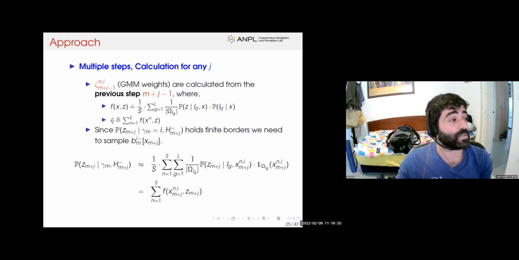Where zeta, noted here, is actually the weight of the GMM, and the hypotheses are given by the motion model for each sample from the previous step. This f function noted here is actually a summation of the probability of a measurement from the previous step to be correlated for each one of the landmarks in our settings, given a specific sample of the robot state at past time.